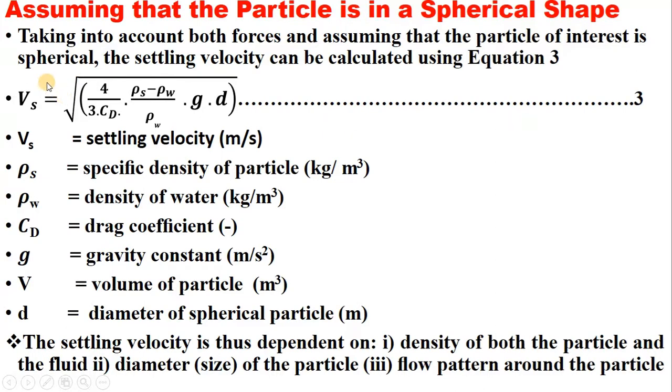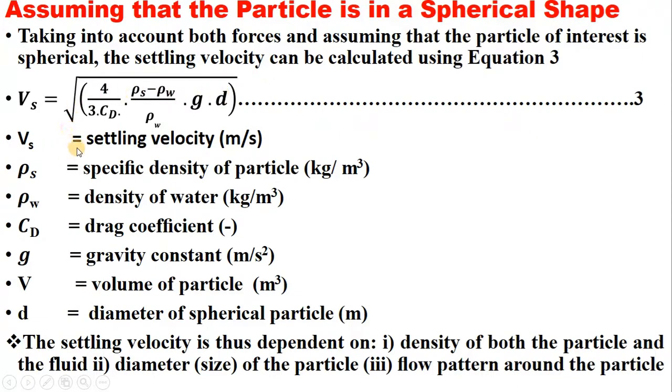In equation 3, the settling velocity is equal to the square root of, bracket open, 4 over 3 multiplied by the drag coefficient, then multiplied by the specific density of the particle minus the density of water all over the density of water, multiplied by the gravity constant multiplied by the diameter of the spherical particle,